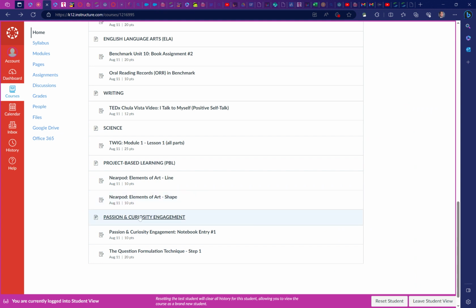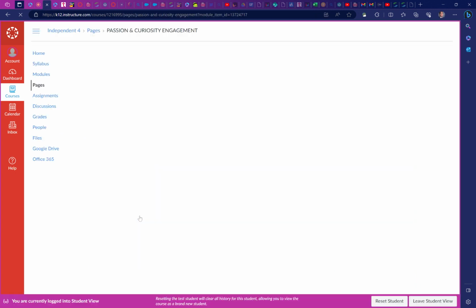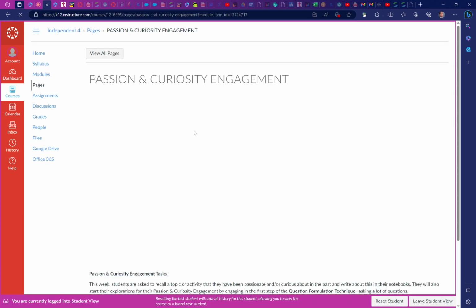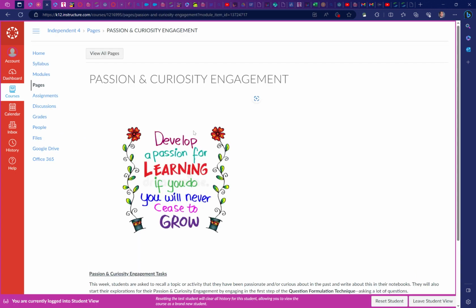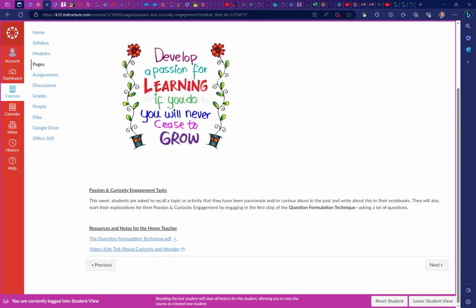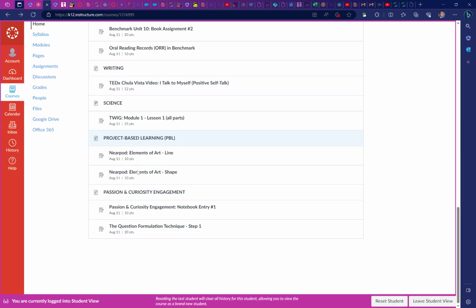And then this part, the passion and curiosity engagement, remember this is a hugely important part of your child's learning experience this year. And I am asking that you be really proactive in engaging with your child with the passion and curiosity engagement